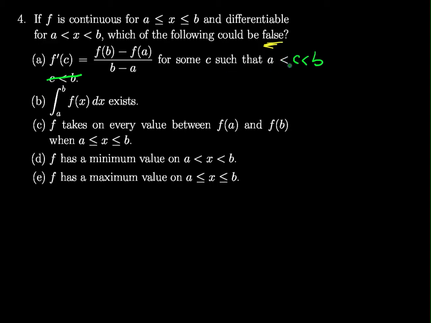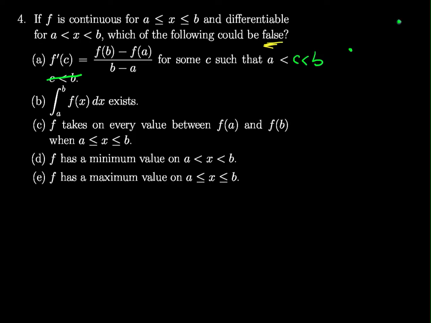So for some x value in this interval, we're saying that the derivative is equal to the secant slope, the average slope of the overall interval. And this actually must be true. This is the mean value theorem right here. So if I have